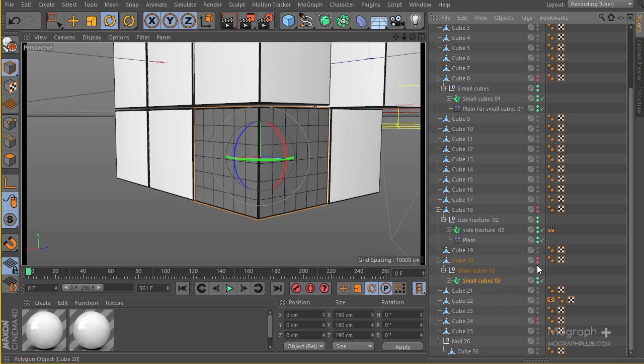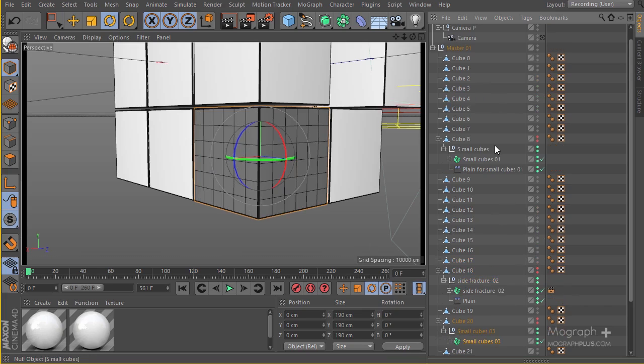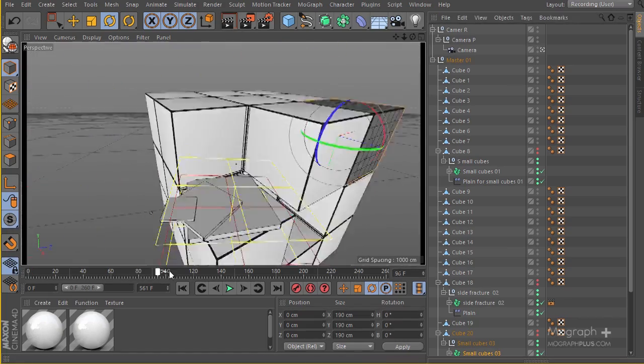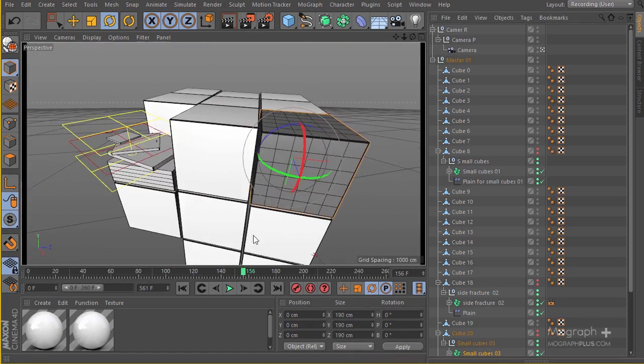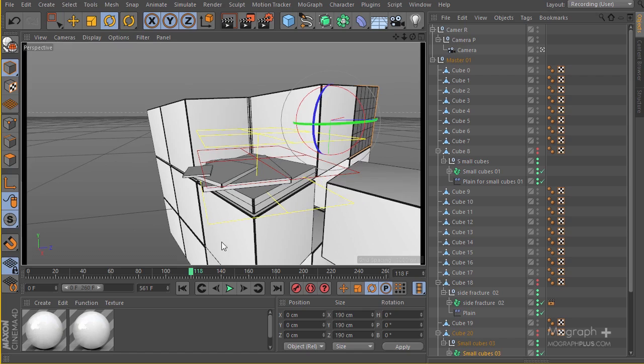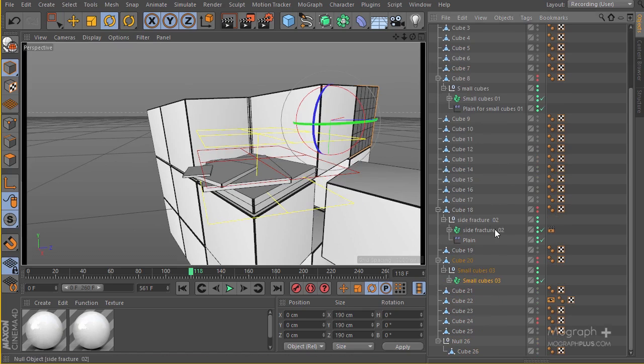the cube number 20 and make sure the small cubes and the fracture object are visible. Let's get back to our camera, and if I move this thing, there we go. Here we need to animate this thing. Let's go ahead and do that. It's going to be very simple. Let's quickly add a basic